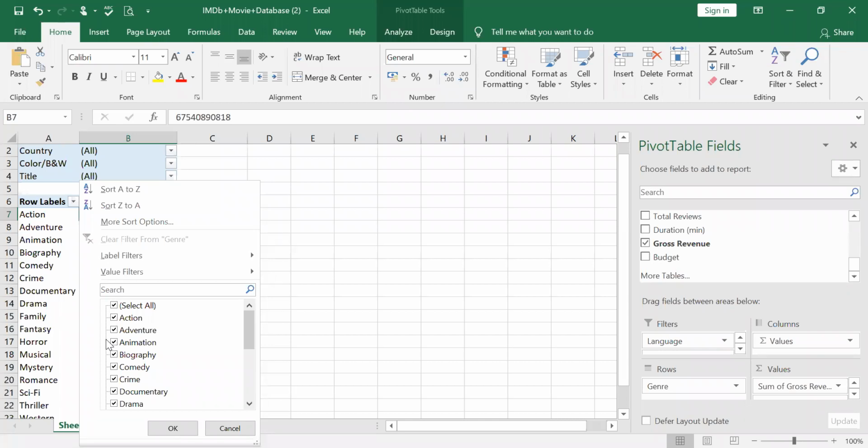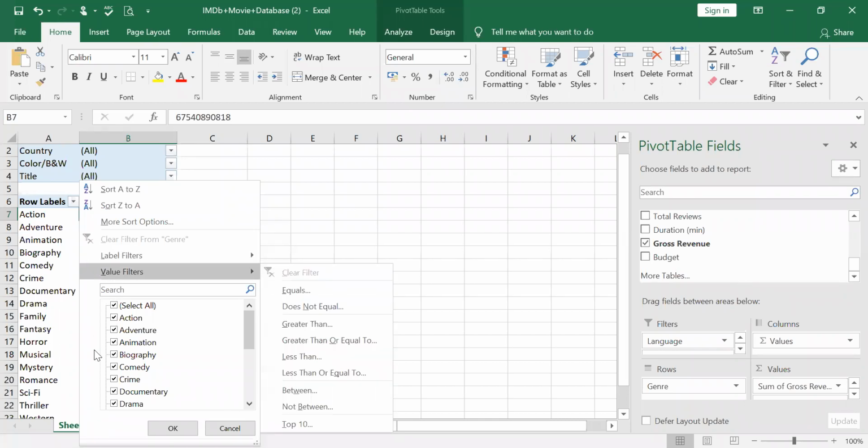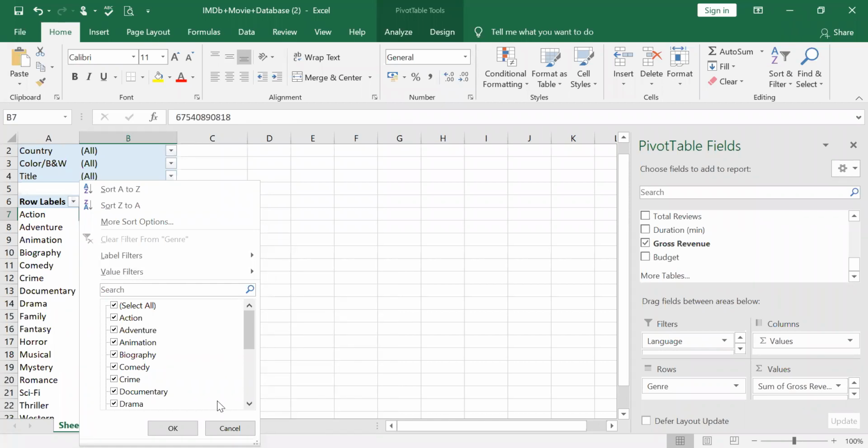And another one you can see, this is about the label filters and value filters I explained to you. And here you can see a box. So what is this box? It's a space where you can select a specific item. For example, all the details are given here, right?